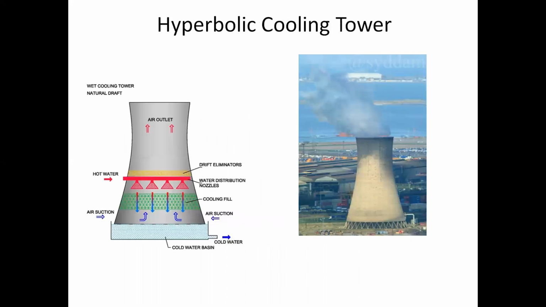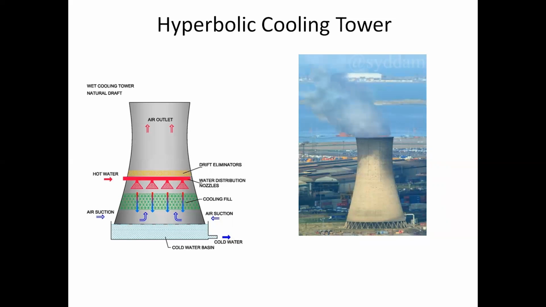So you can see that there is hot water which is going to spray inside this hyperbolic cooling tower. The hyperbolic cooling tower itself has a special shape. It is the shape of our convergent divergent nozzle. At the throat area, the water is sprayed, hot water which is coming from the condenser. So the hot water absorbs all the amount of heat from the steam